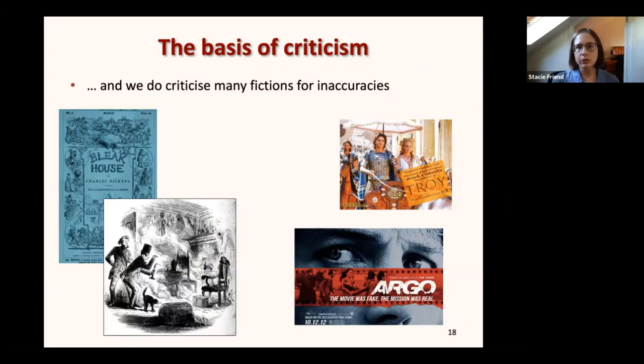So a very famous historical example is the criticism of Charles Dickens for Bleak House, in which he has the character Krook die of spontaneous combustion. Not only does the omniscient narrator make it very clear that this is in fact how he died, and he dies this way because he is evil and thereby eaten from within, but Charles Dickens himself wrote a preface in response to very many criticisms from his contemporaries explaining the scientific basis of spontaneous combustion, which of course was mistaken,